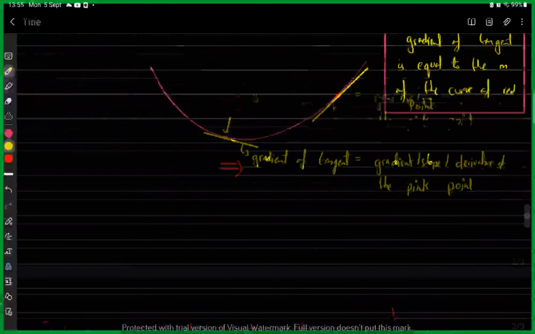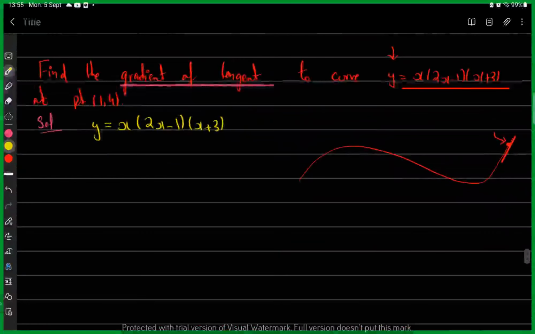When things are being multiplied, how do I find the derivative? Now we have not studied any rule for this. This means we need to use our old knowledge and still differentiate it. So what I can do is